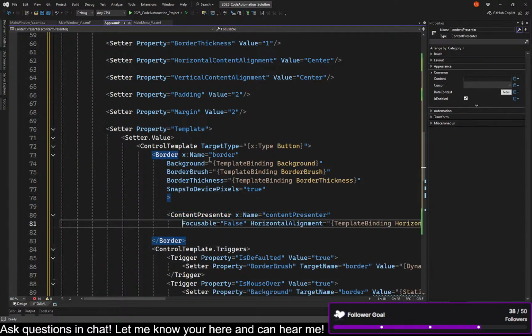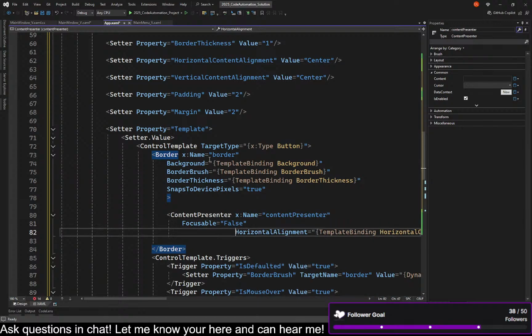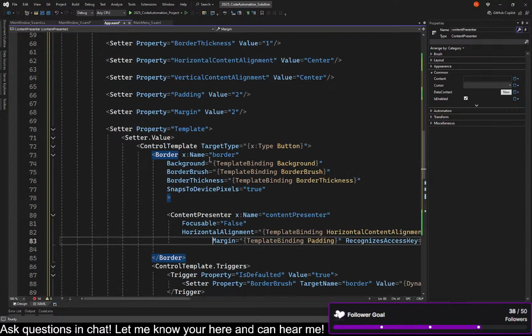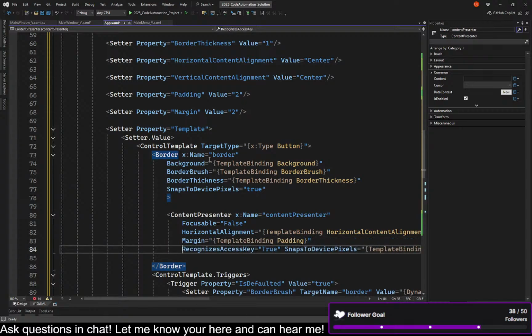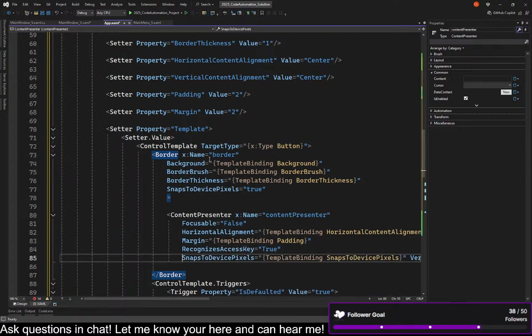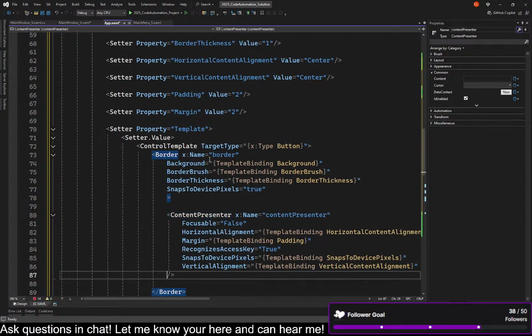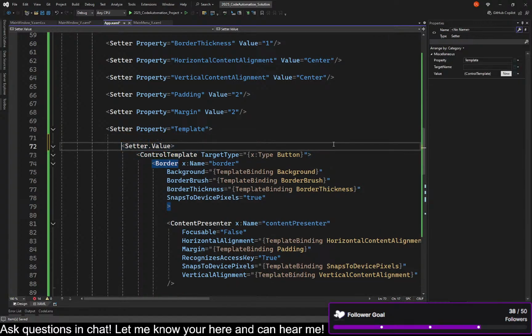So if we're trying to put text in there, that's where it would show up. I have a problem with the content presenter. It doesn't necessarily need its own margin per se, because it's adding a margin based on padding. So that's fine. And because we're just going nav back, we might just put the image in here. So let's